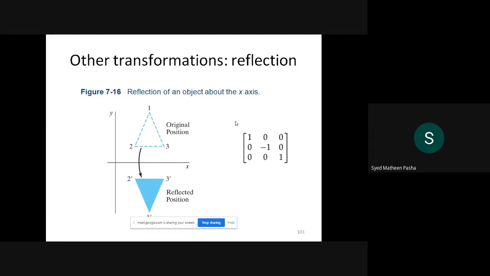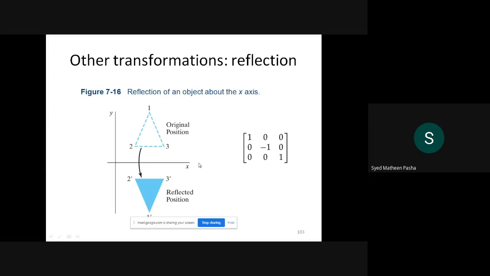In reflection, you need to remember you have something called an axis with respect to each object. This reflection transformation is performed with respect to some axis. I can take that axis as the x-axis or y-axis. Basically, if I want to rotate an object by 180 degrees, I need something called an axis with respect to the coordinates. If I define a reflection of 180 degrees, I need a coordinate axis called the x-axis or y-axis. I can perform reflection on an object by 180 degrees with respect to the x-axis.